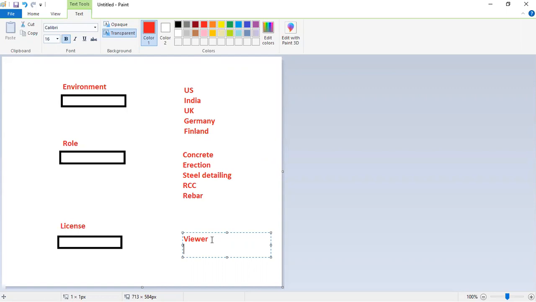So the checking part is controlled with this viewer license, where he has limited access. He'll not be able to modify anything. So just read only access will be there in Tekla.